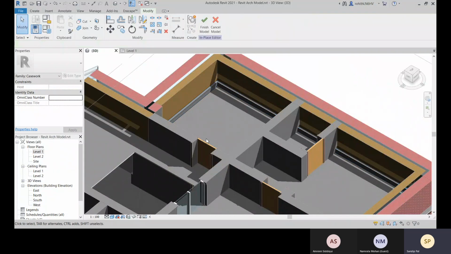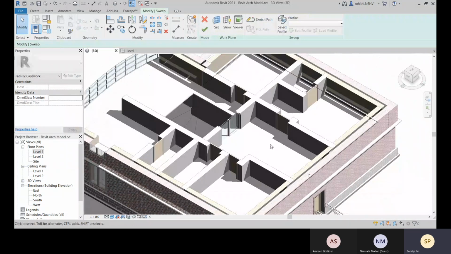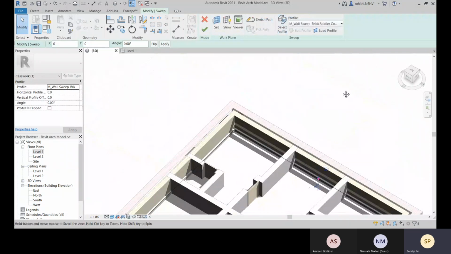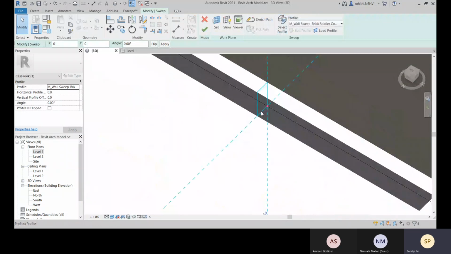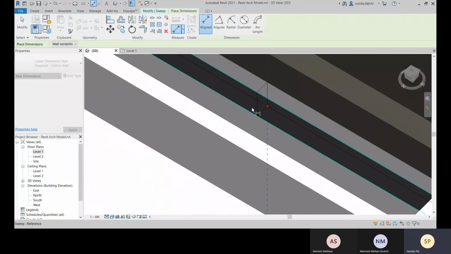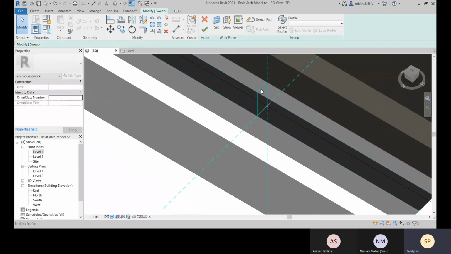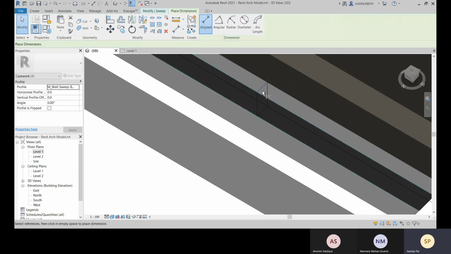And the depth is not assigned yet, so what you can do is select profile, and then you can assign. Select this profile.